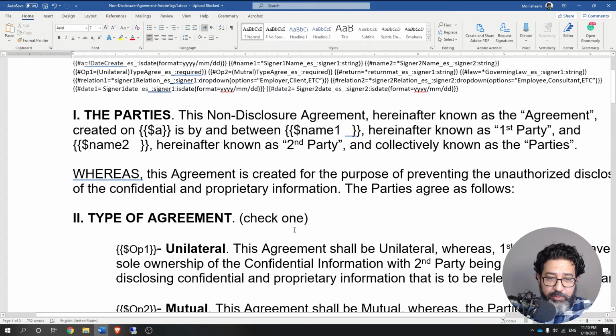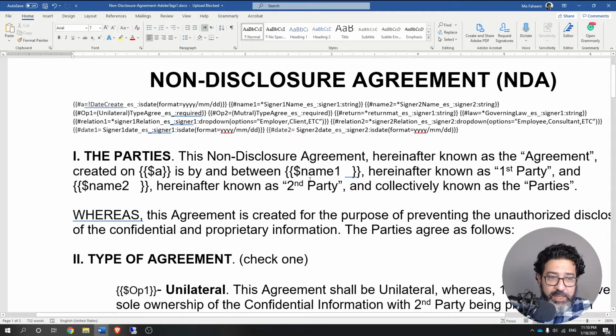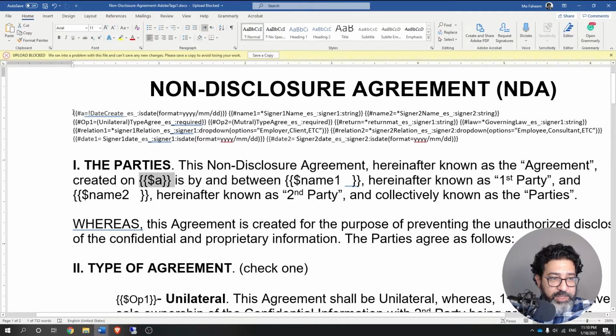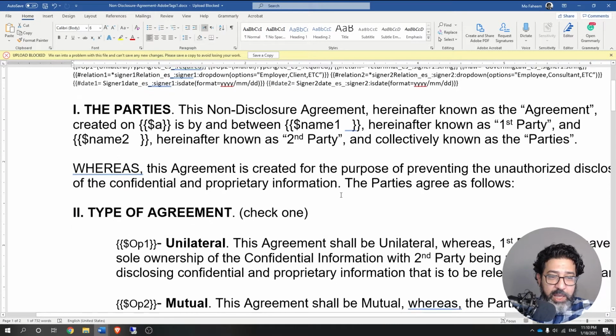In our example there are a number of things like a text field and a date field. Over here this is a date field which shows the format of the date and everything, and who is supposed to fill this field, signer 1 or signer 2.